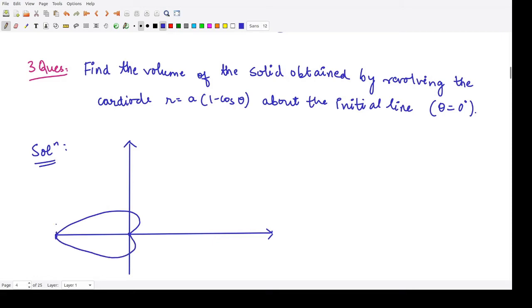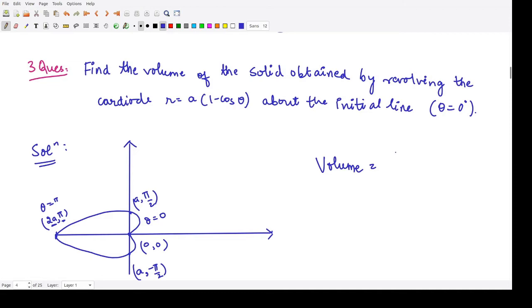Right, so this point is theta equal to pi, that is 2a comma pi. The distance r is 2a and the angle here is pi. This point here is theta equal to 0 and the point is 0 comma 0, also known as the pole. This point is a comma pi by 2 and this point is minus a comma, the distance here would remain the same a, but the angle is going to change by minus pi by 2. So this is the figure, a cardioid.